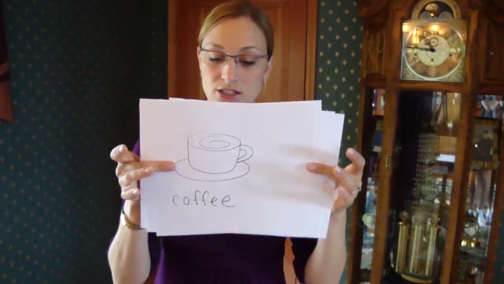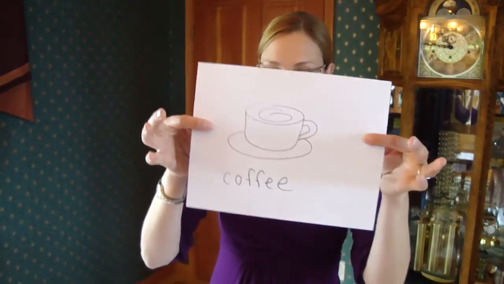So now the kids have taken a look at the foods, they've touched them, they've come up with some rules. I'm going to pass out either some real foods, or today I just have some cards to show them, and I'll pass them out to small groups. Okay, so the first sample of foods I have are things that you might find in a coffee shop. So first we have coffee,